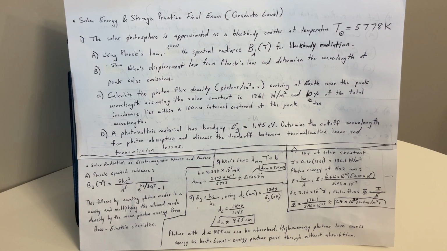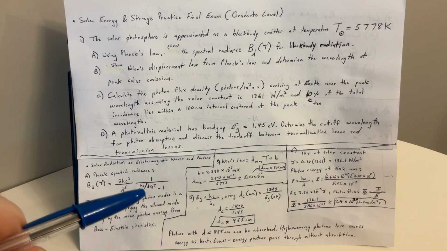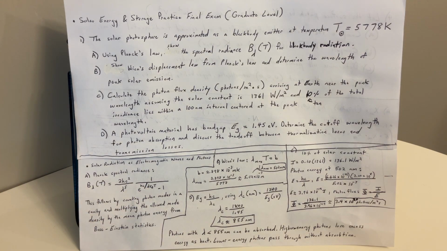Solar radiation as electromagnetic waves and photons, and I'm going to go through this rather quickly, skip some intermediate steps just to get through it. You have this as a reference for practice. So part A, Planck spectral radiance, we use this: B sub lambda of T is 2hc squared over lambda to the fifth times the quantity 1 over e to the hc over lambda k sub B T, minus 1. This follows by counting photon modes in a cavity and multiplying the allowed mode density by the mean photon energy from